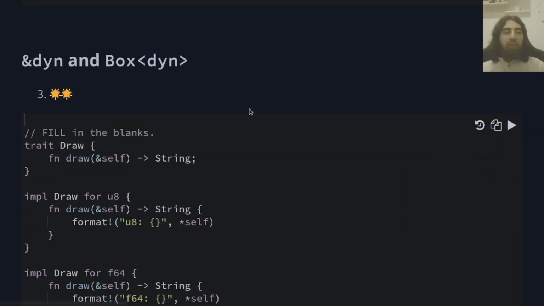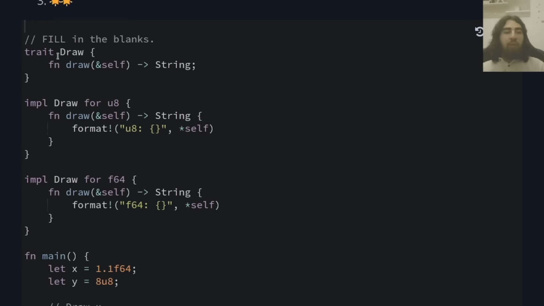Referenced in and boxed in. So we have here a trait Draw, which has one method, and we implement the Draw trait for u8 and f64. As you can see, we can implement our own custom traits for types in the standard library. And all this does over here is it will take a reference of the instance and it will output the